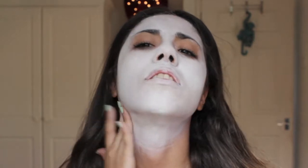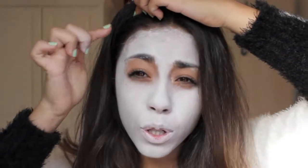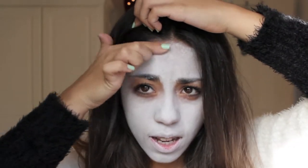Okay, so we've ended up with something like that. You don't want to smile at it, your teeth look so bad. But yeah, I just used this brush, which actually didn't work that well. I just used my hands for most of it, like slapping myself, but it was fine. I've also taken it on my neck a little bit. Not too much. I have a really long neck, so I'd probably end up using all the product, so we didn't do that. And you want to try and get it as much as you can in your hairline,